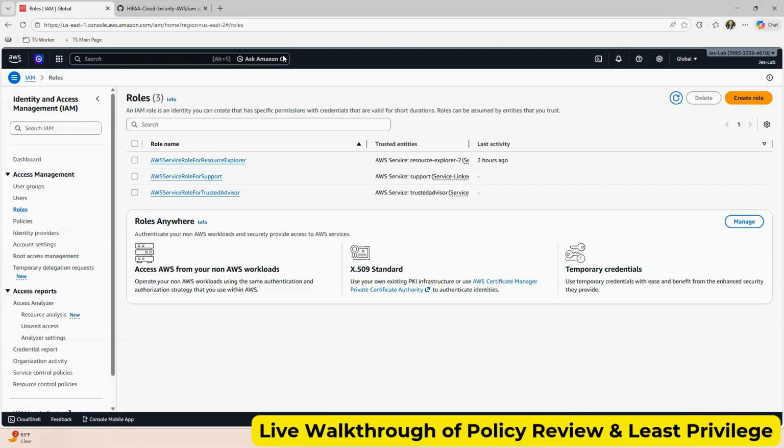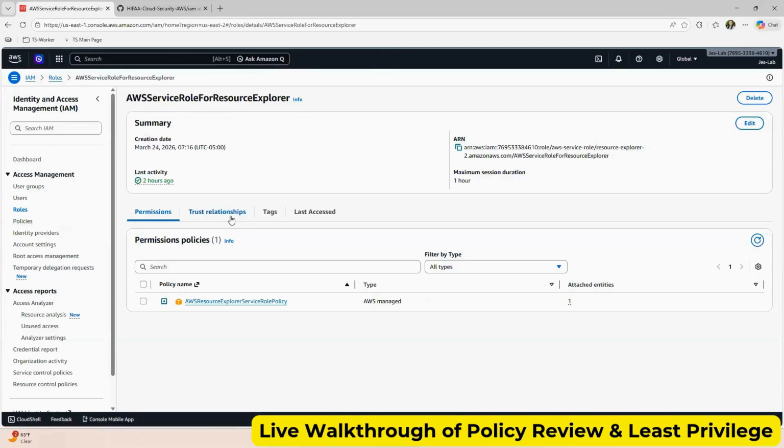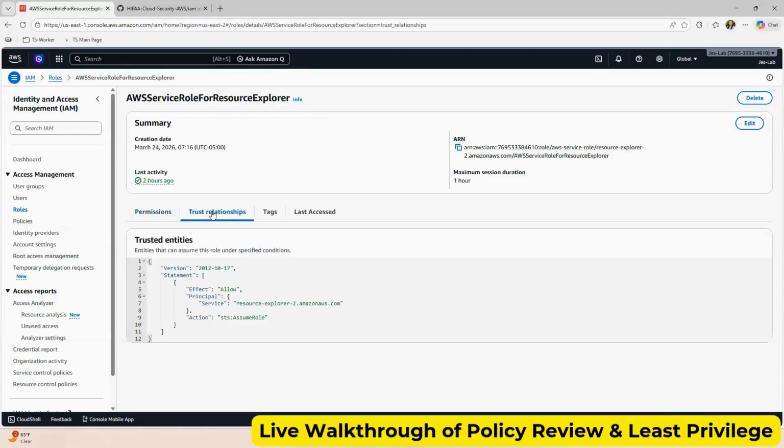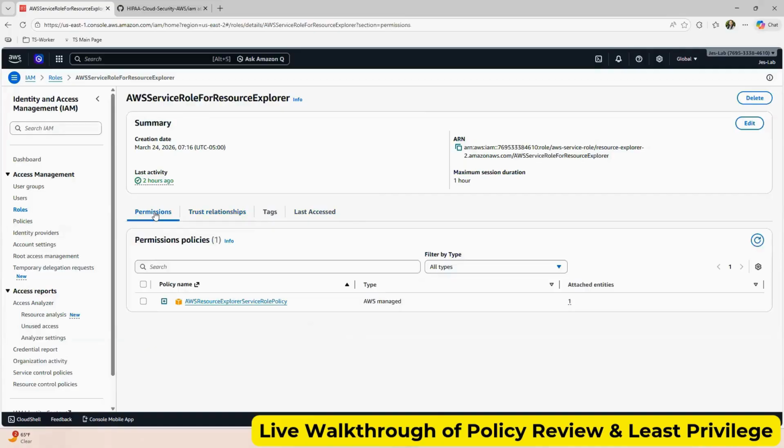So if you click into a role and look at the trust policy, let's look into a role and look at our trust policies here, trusted relationships. This tells you who or what can assume this role. For a human user role, you want to see your AWS account number and specific IAM users or groups. You don't want to see a wildcard principal. All right, as you can see, no wildcard. Then I want you to look at the permissions tabs. Okay, the same rules apply. Specific action, specific resource, and no unnecessary